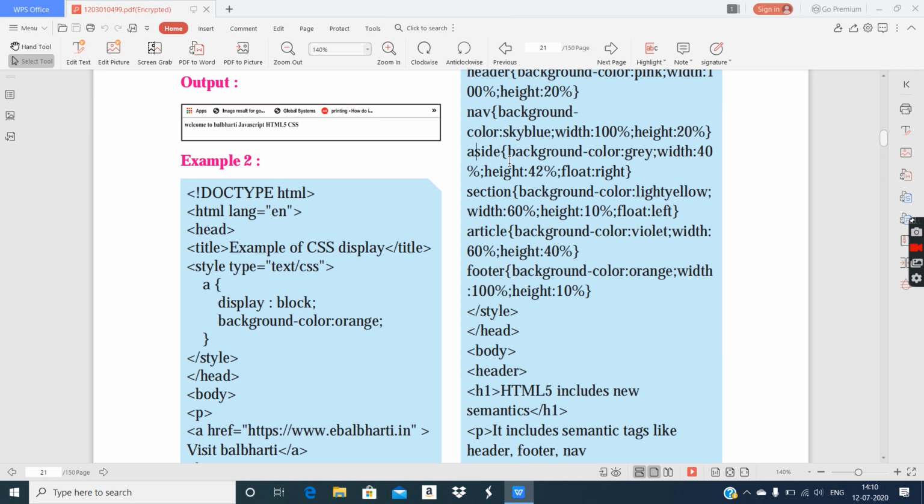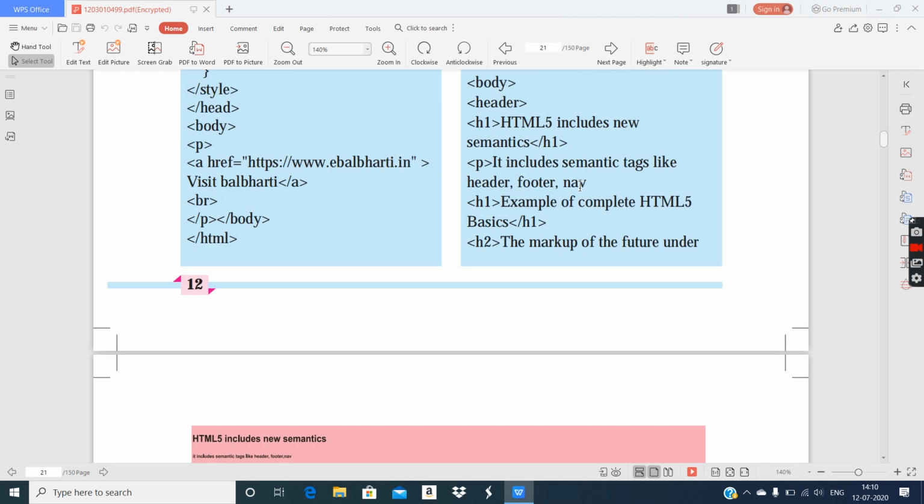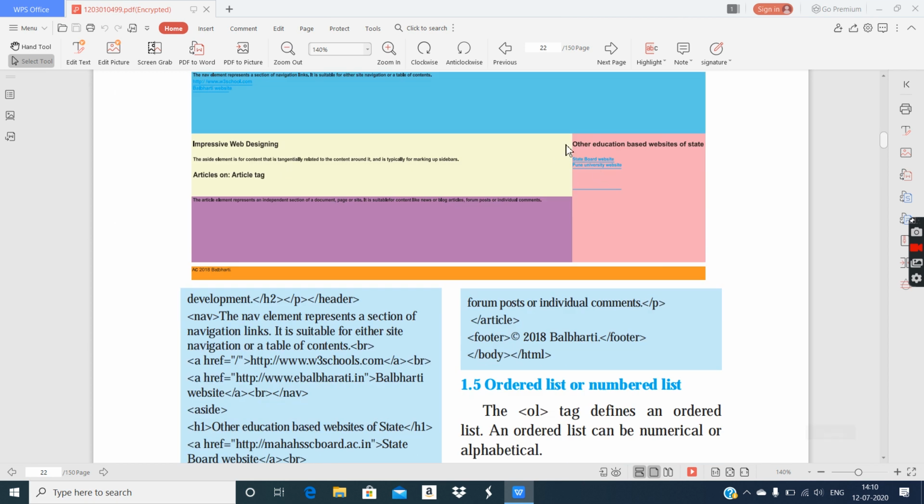The way you provide it, it will appear like that. So what they provided: background color gray, width 40%, height 42%, and float right. So it is totally shifted in the right direction.